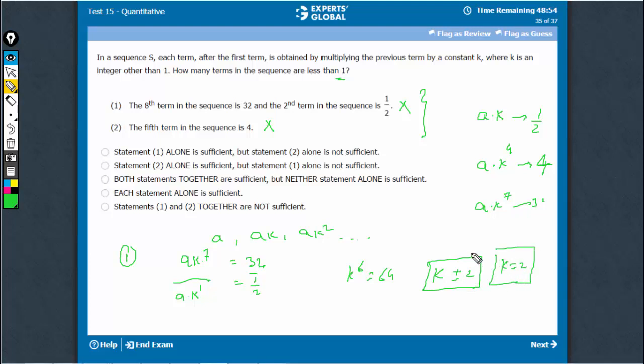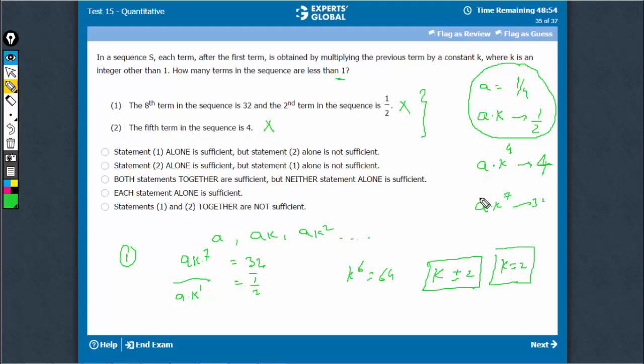On combining, again, please don't waste your time in finding out how many are less than 1. The point is that there are some numbers which are less than 1. Intuitively, I can tell if a into k is half, then a must have been 1 by 4. There are two values in the set which are less than 1, but again, spending time in knowing how many are less than 1 is not important.